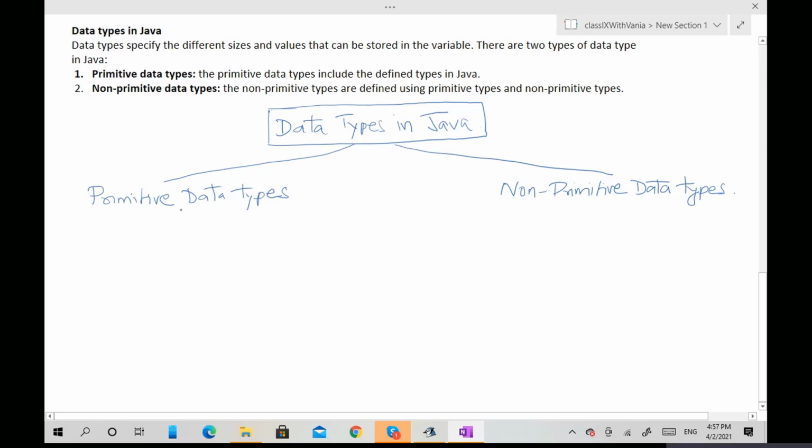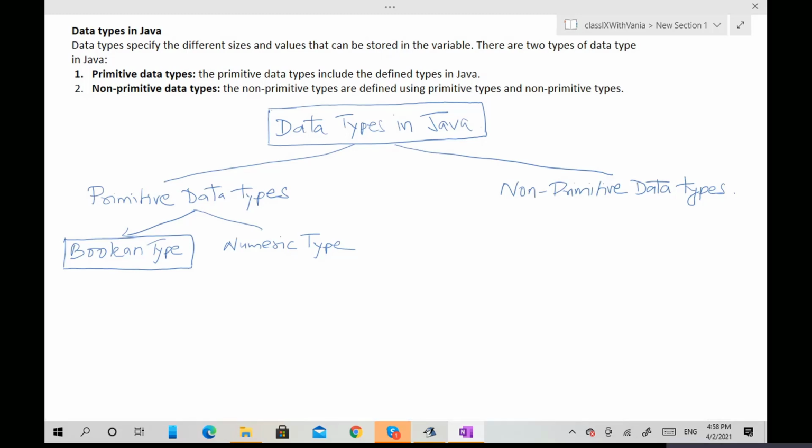One is called Boolean type, and the other is numeric type. You understand Boolean? Boolean means true or false.